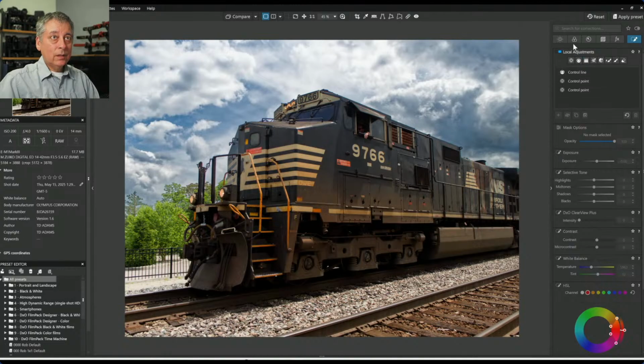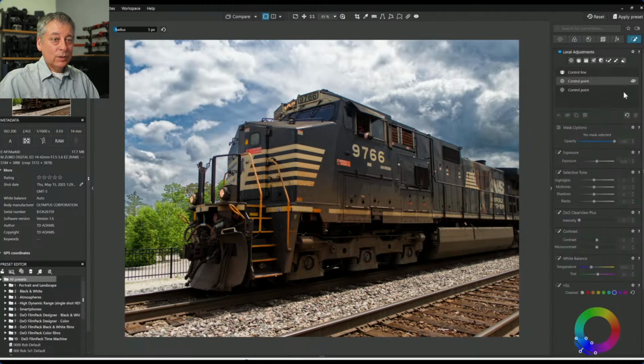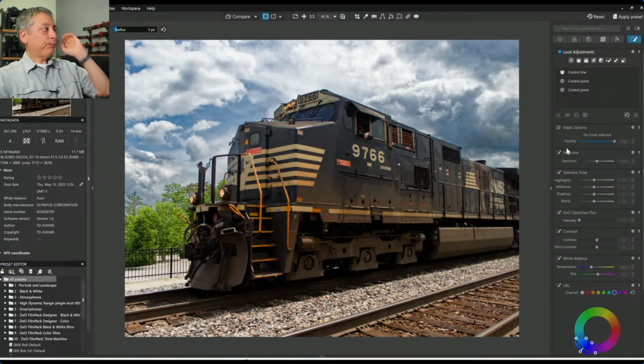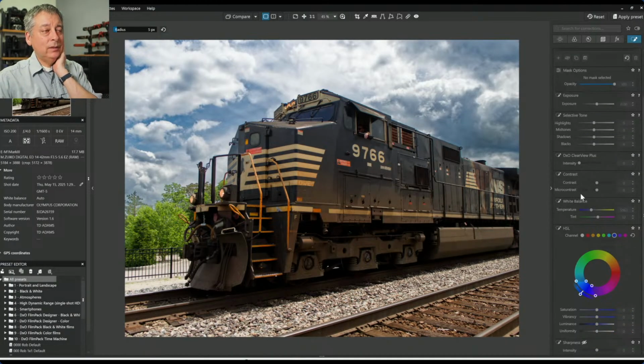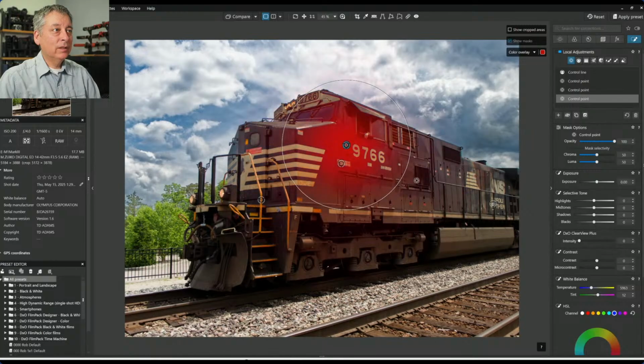Now this color, let me see what this color is. So I'm going to select it on the global page. It's definitely blue. Go back to the control points. So this is a little trick that some of you may not have seen, but when you do control points, like I'm going to select this area here,